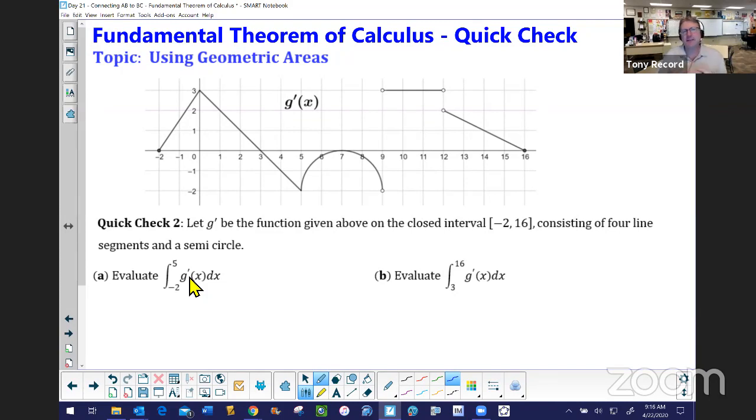So we have to really understand the environment that we're working in terms of finding this area. And because we have a graph of g prime, what better way to actually evaluate this integral than to use the idea of geometric areas. Fortunately, when you have line segments and semicircles, you've got some good, clean geometry at your hands. And that's what we're doing here. We're just essentially finding the area from -2, which would be all of this triangle here,